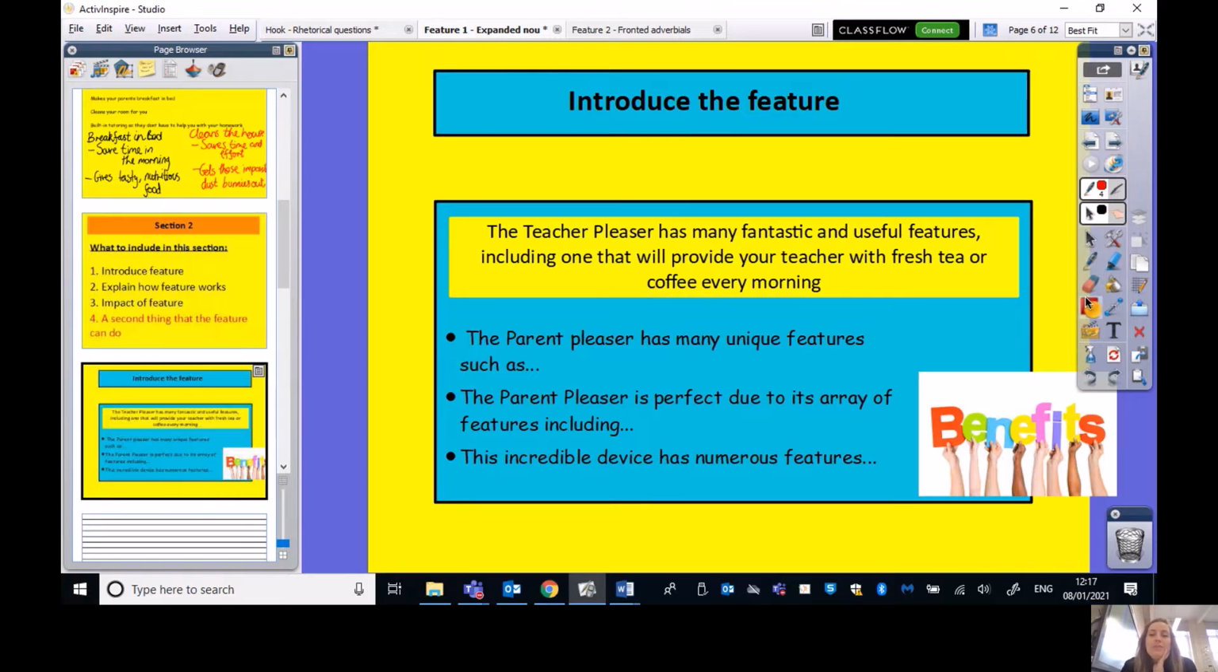What language features have you noticed in there? Can you see any of the ones we've talked about? Any hyperbole, expanded noun phrases, rhetorical questions, anything like that? Right, well, hopefully you've noticed that there are 2 expanded noun phrases that really use that imagery. It makes me think, oh, fresh tea and coffee, delicious, fantastic, and useful features. Oh, that's good. So we're going to be really focusing on adding in those expanded noun phrases in this sentence,